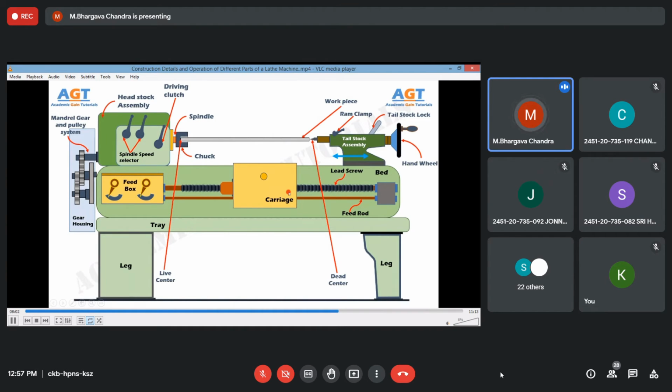Gears are nothing but toothed wheels. The carriage also has a hand traversing wheel. There is also a screw cutting lever available, which is used for threading operations.